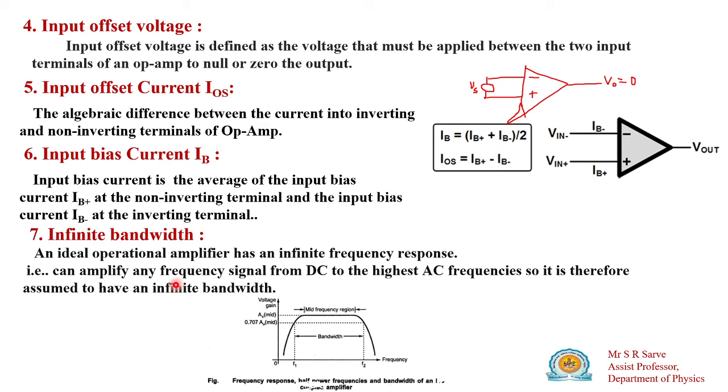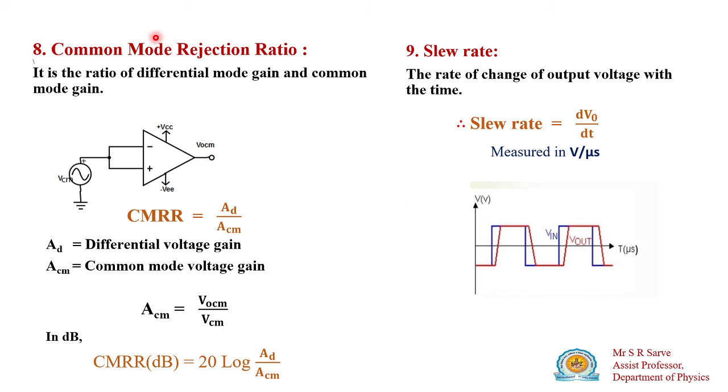And next is the common mode rejection ratio. So what is common mode rejection ratio? Common mode rejection ratio is the ratio of differential gain to the common mode gain. Means if you apply two input voltages V1 and V2 across the operational amplifier, that gain is known as your differential gain. And common mode gain means if you apply the same voltage to this operational amplifier, then that gain is known as your common mode gain. Actually this gain should be 0, but practically it is not. Any quantity divided by 0 means this value should equal infinity.